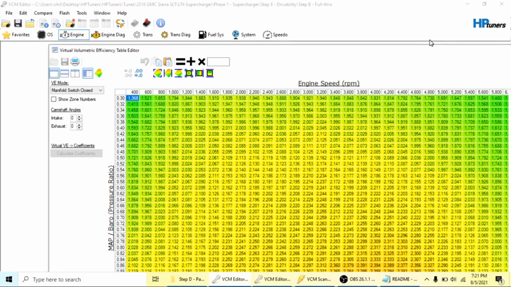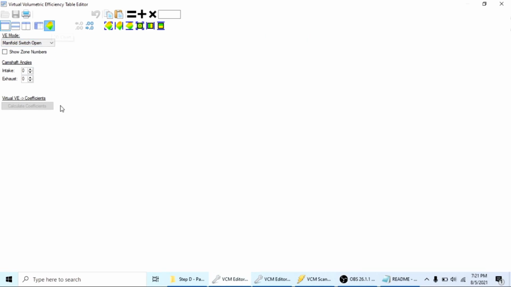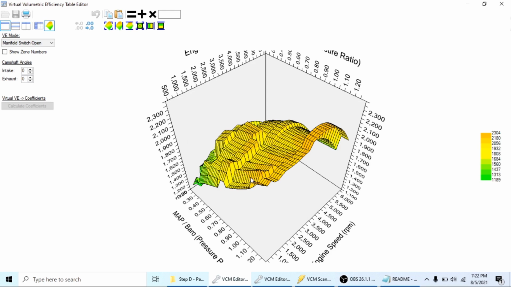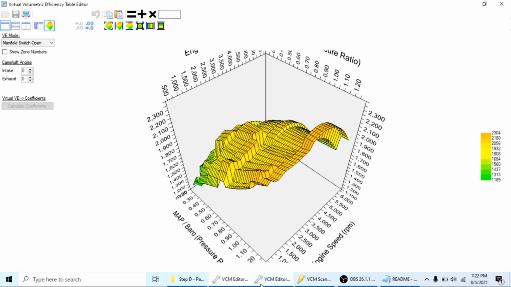So again, we're going to go to the open, and let's put this on that guy. So hopefully you can see it looks quite different. It's actually pretty interesting. So what I decided to do in this,